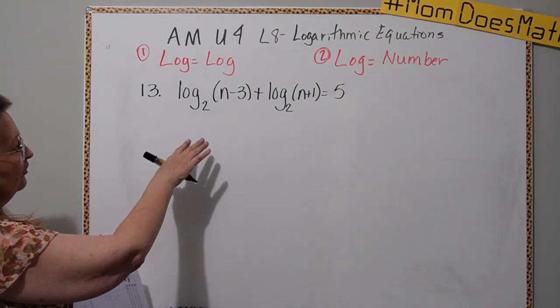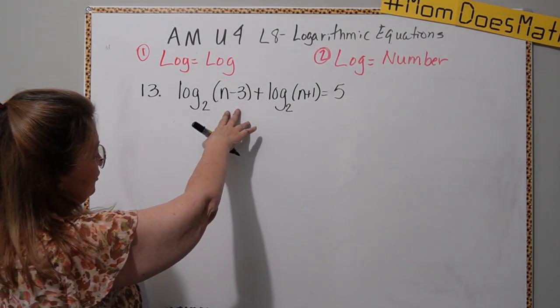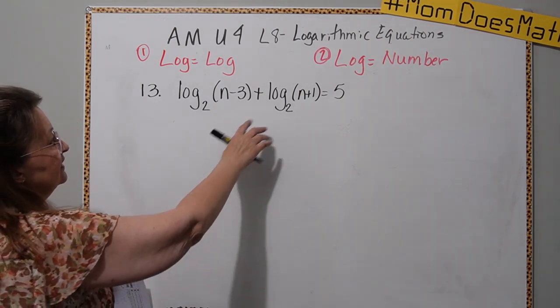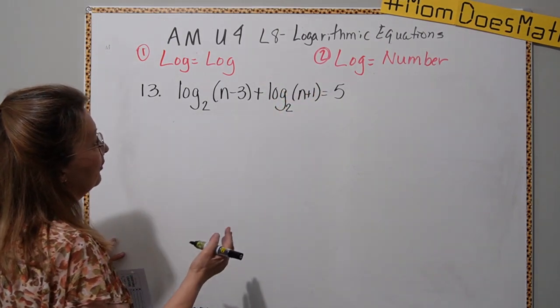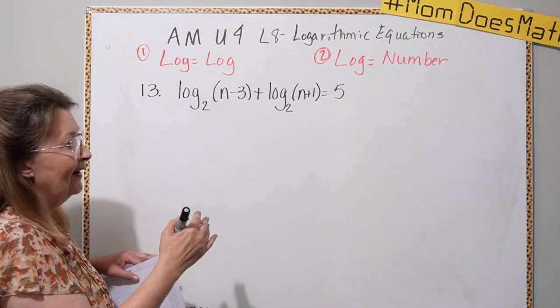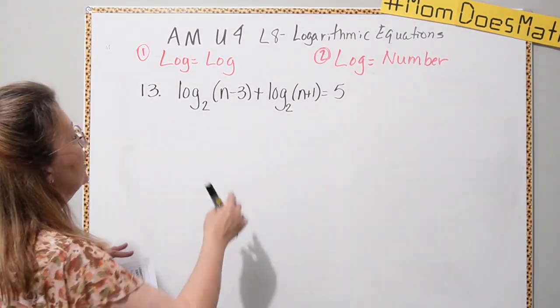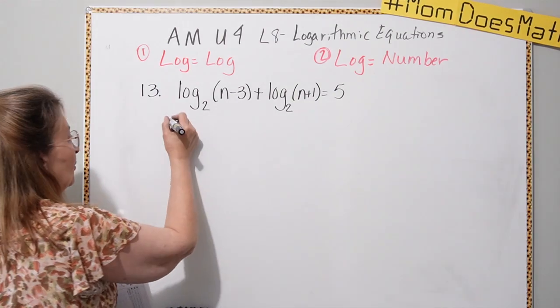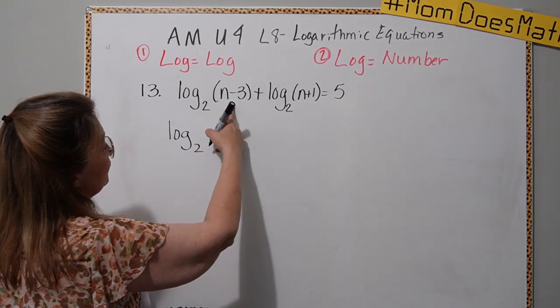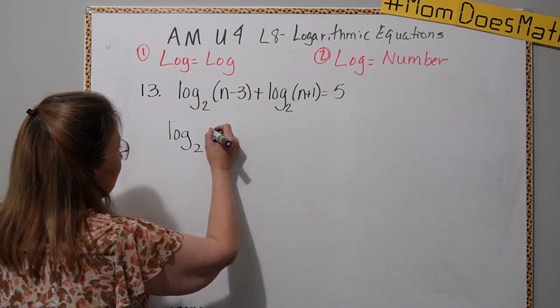Okay, so number 13, I have log base 2 of n minus 3 and log base 2 of n plus 1 is equal to 5. I see that it's a type 2, it's a log to number, but I'm going to have to combine these two logarithms before I can convert it to exponential. So since they're added, this is going to be a multiplication. So I'm going to do n minus 3 times n plus 1